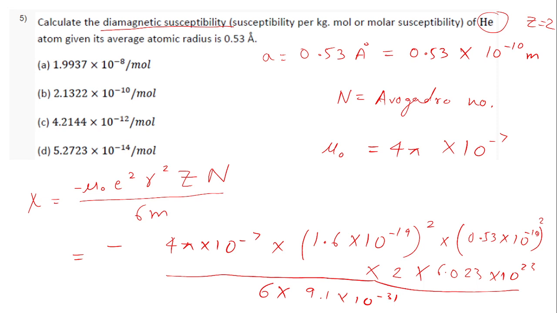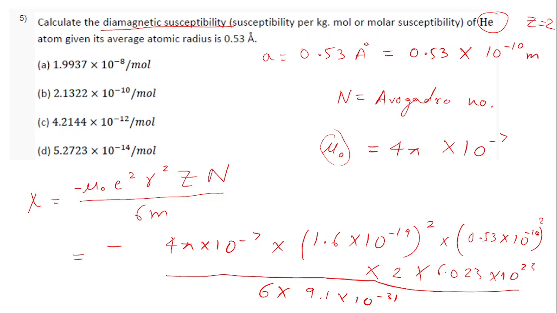let us calculate. For all these calculations, you can use a calculator, because in the exam as well, it will be an online exam and you will be given an online digital calculator. Only in some places you need to remember values of such constants. Maybe it's not always given in the question: value of Avogadro number, mass of electron, or charge of electron. Sometimes these values are given, but sometimes they are not, so it's better to remember these values.